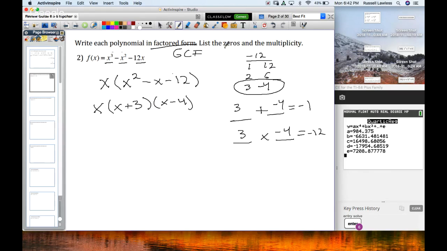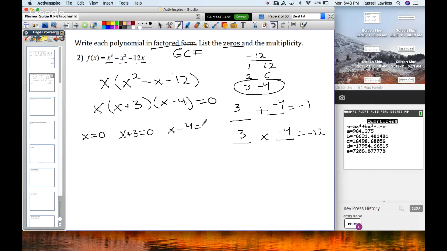What it means by listing the zeros, we need to assume that this is essentially equal to 0. And we're going to set where each part equals 0. This x here is essentially like in parentheses. And so we're going to set this x equal to 0, this x plus 3 equal to 0, and this x minus